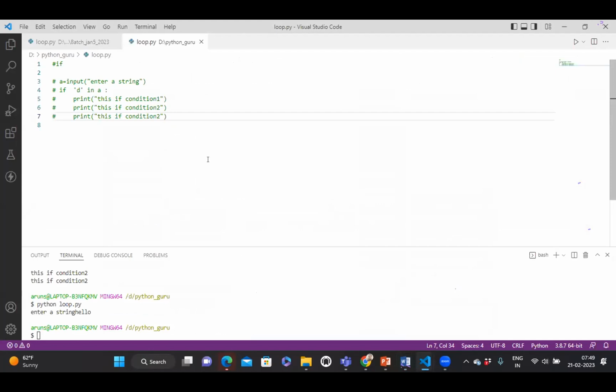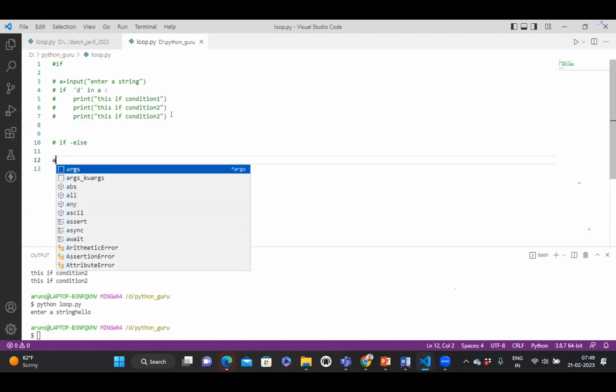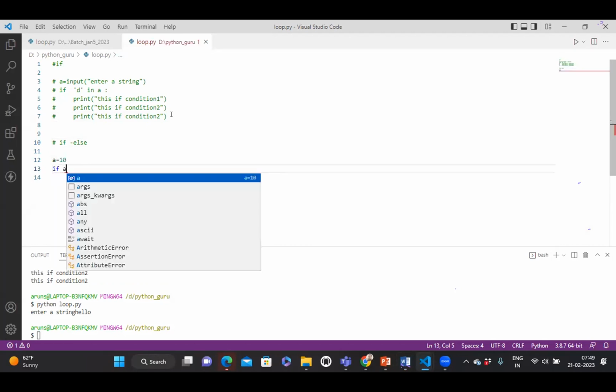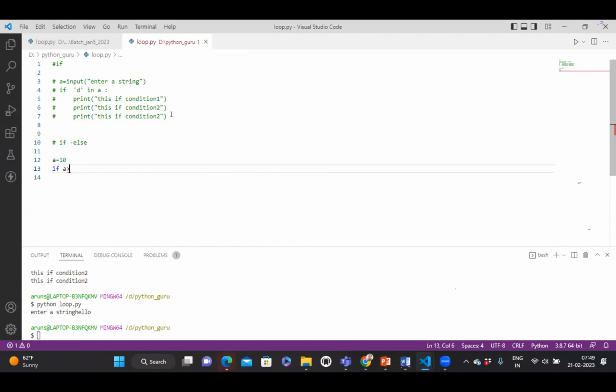Suppose I take one example, the same example with if-else. Here, same thing, I take a equal to, suppose, ten, one variable I have taken. Now I'll check if a greater than